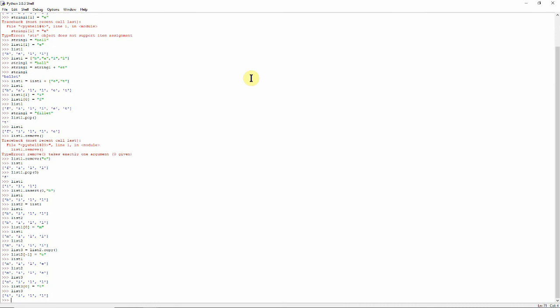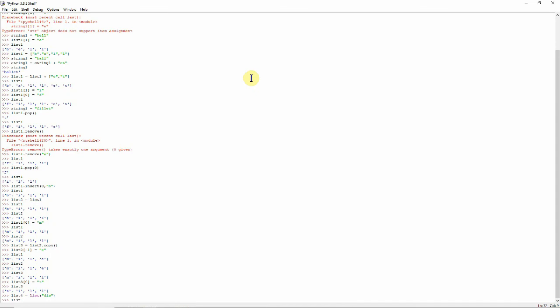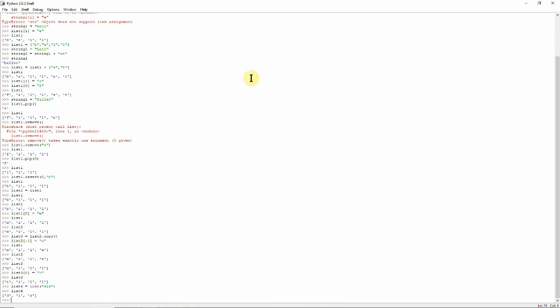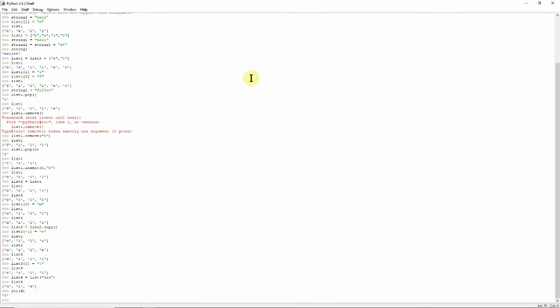And then I will create another list, list4, and I'll use the list keyword, which converts everything to a list, and I'll do it with a string that is dis. And so we see list4 is dis as a list. However, if we convert numbers into strings, you see we get a string back. But if we convert a list into a string, so list4,